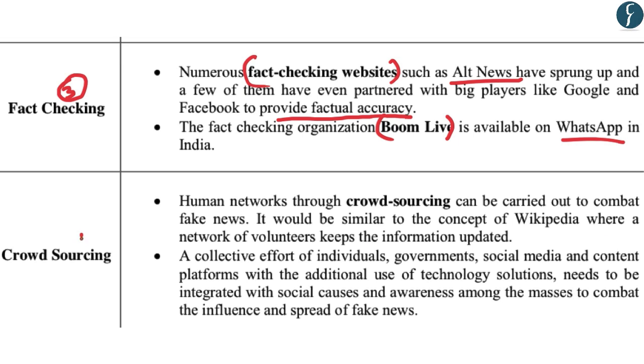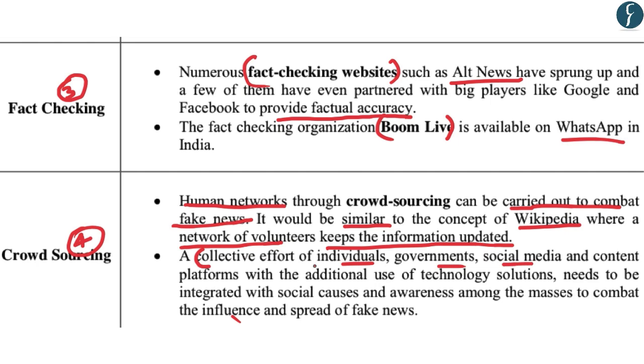Now, the fourth and the final step that can be taken to curb fake news is crowdsourcing. Now, this crowdsourcing would be similar to the concept of Wikipedia, where a network of volunteers keep the information updated. And so, human networks can be formed to combat fake news, wherein a collective effort of individuals, governments, social media, content platforms, with the additional use of artificial intelligence technology, can be used to combat the influence and the spread